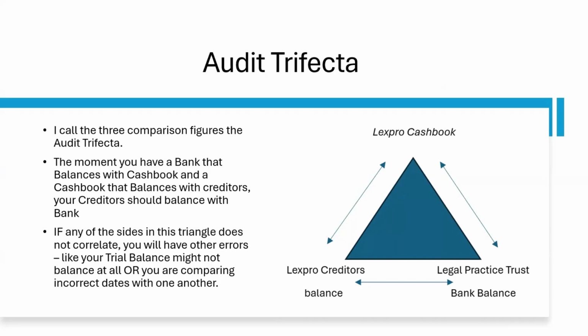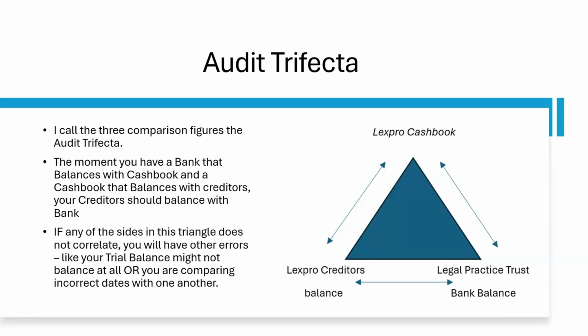If you've got a cash book and your bank statement line, that's your reconciliation, and that's what we've done. And then the bottom one is the creditors and the bank statement. So at any point in time, if any of those lines should break, if I can put it like that, if there's an incorrect recon, maybe it's not balancing and I don't know why, or there is a shortage or a surplus figure, you will get the exact same error on one of the other parts of this trifecta, depending on which way you calculate them.